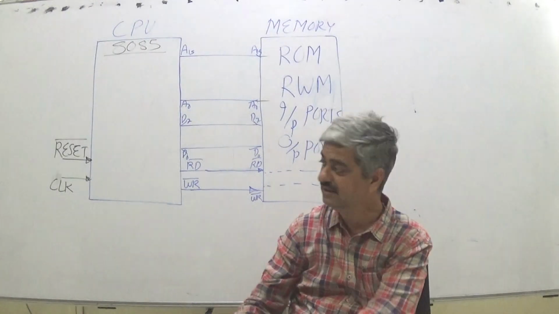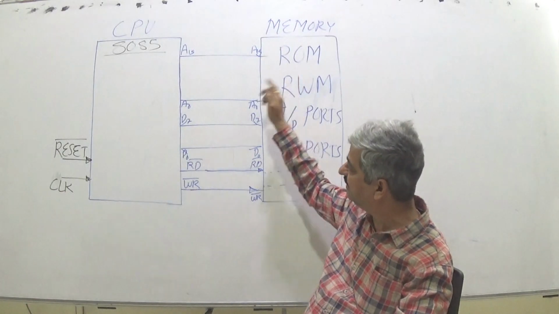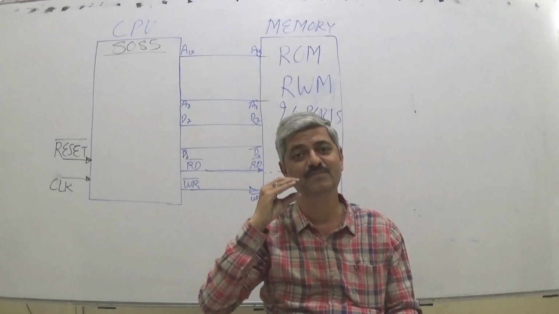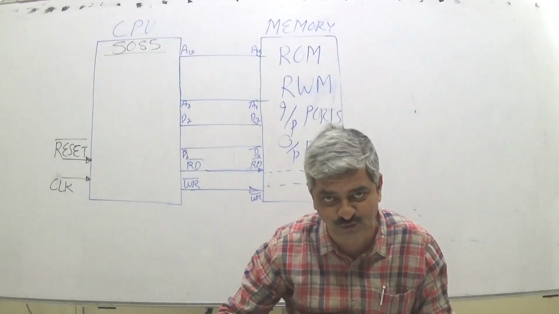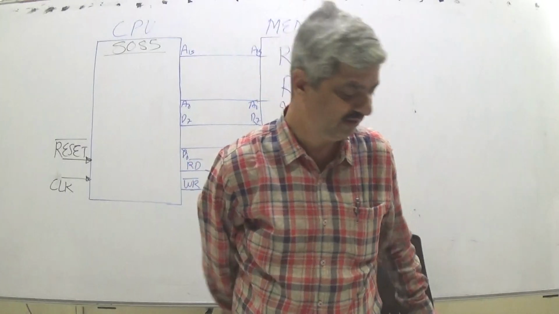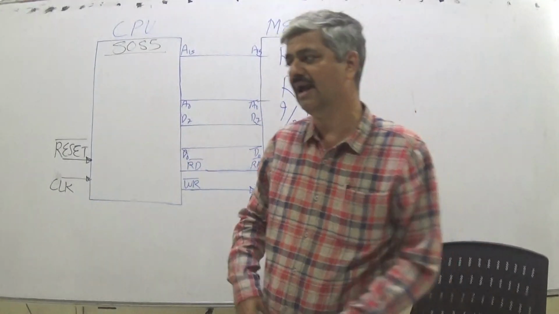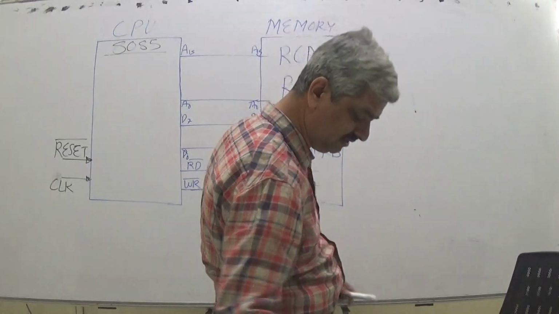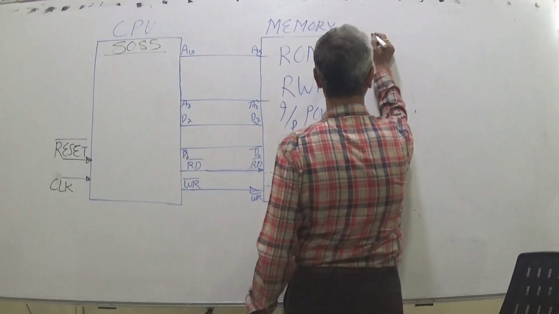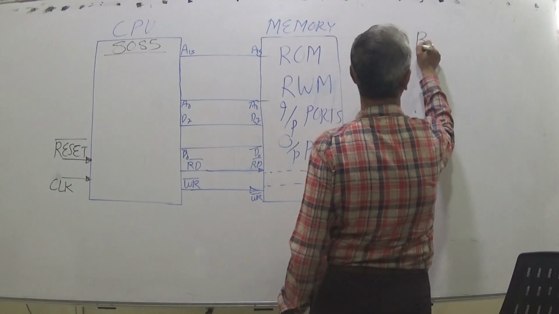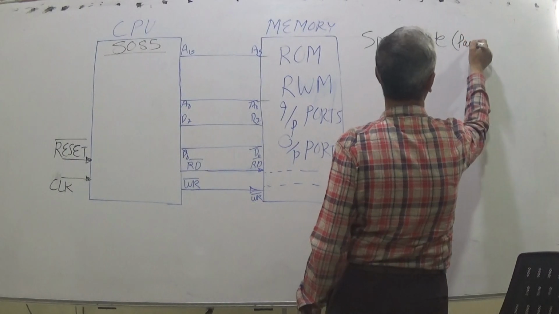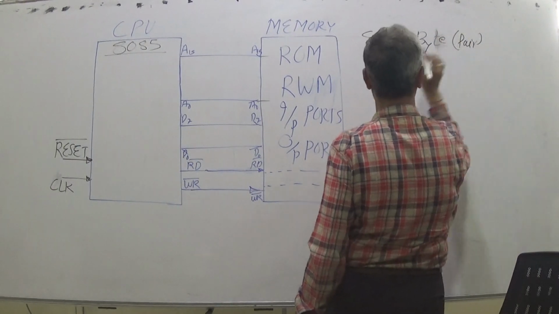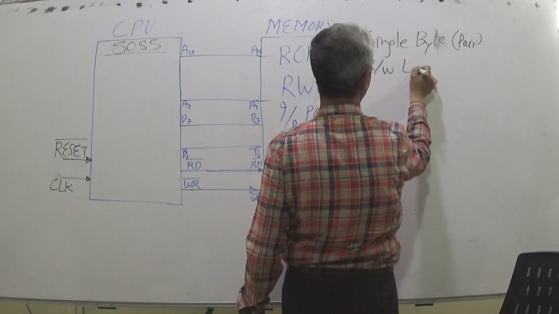Just like outside locations, inside the microprocessor also there are some single byte read-write locations, which sometimes you can pair into 2, so 16-bit, single byte, sometimes paired also, read-write locations